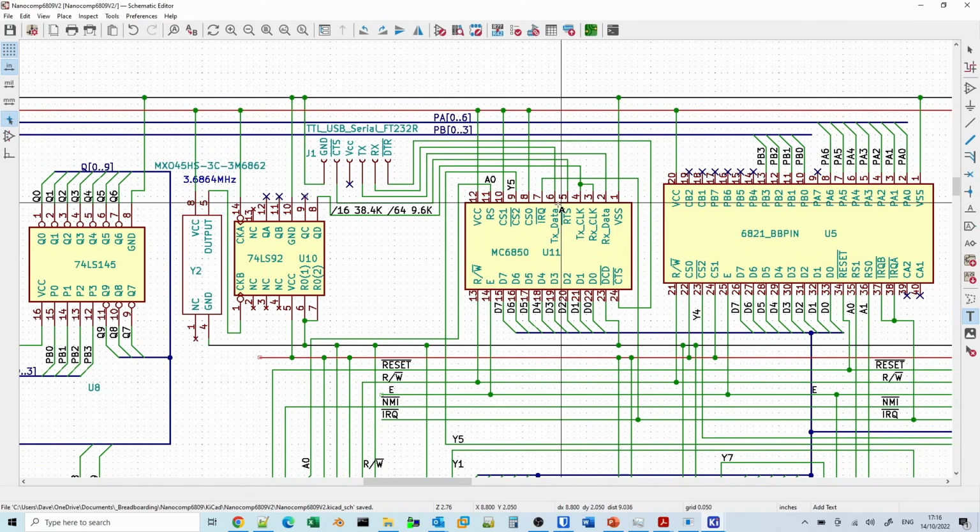Then we've got the transmit data and the receive data, and you'll see that transmit data here should be going to receive here, and transmit data here should be going to receive here. So we've got the crossover of the signals. And what we'll be able to do later is to put the logic analyzer on here. The logic analyzer does understand serial communication, so we should be able to see the data going backwards and forwards between the chips and the PC once we've got everything set up and the program's written.